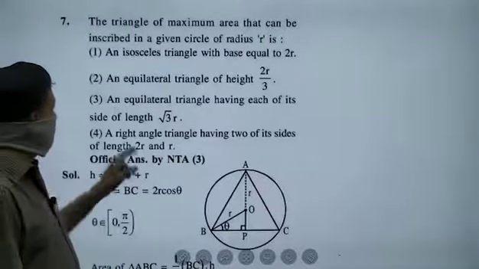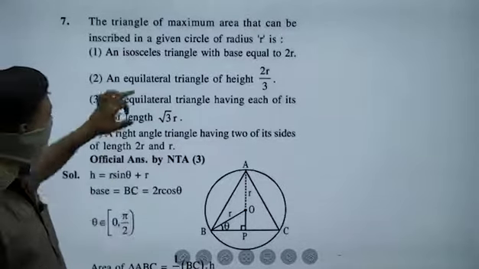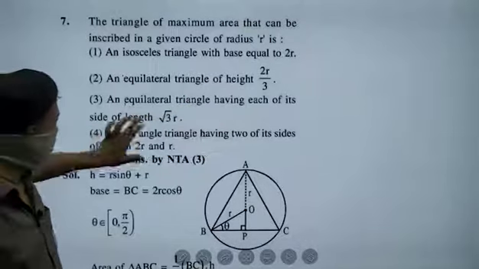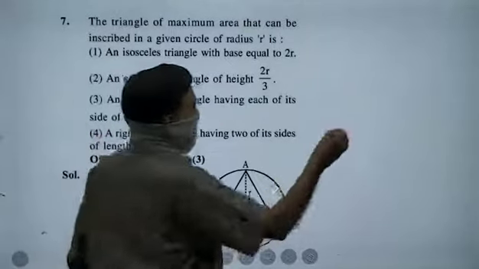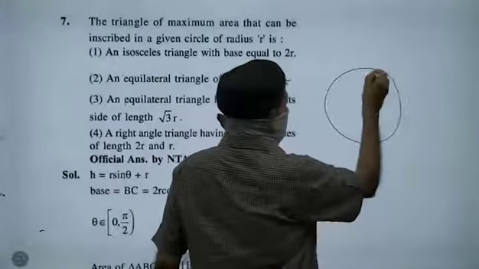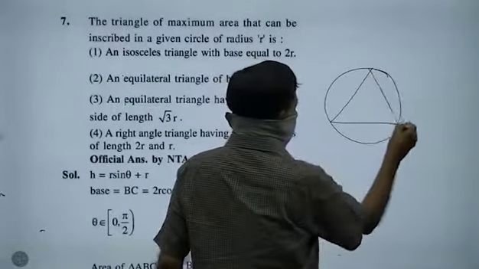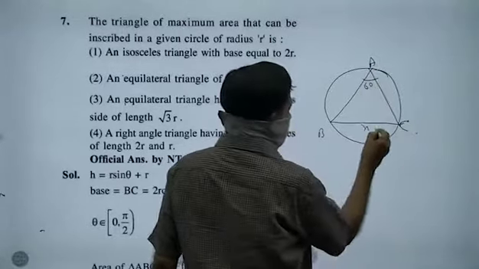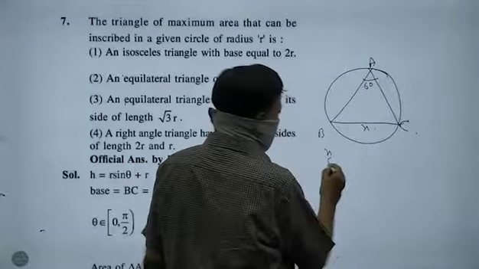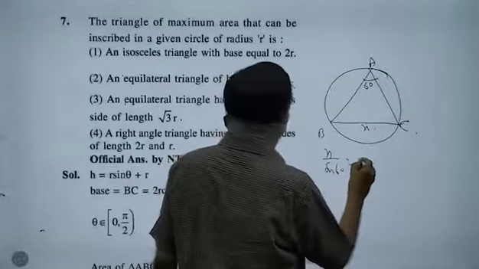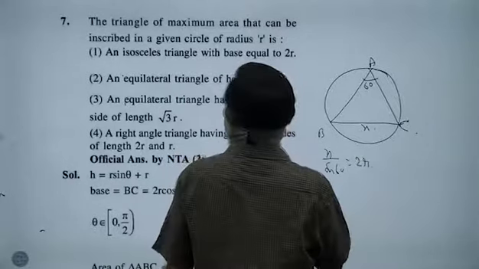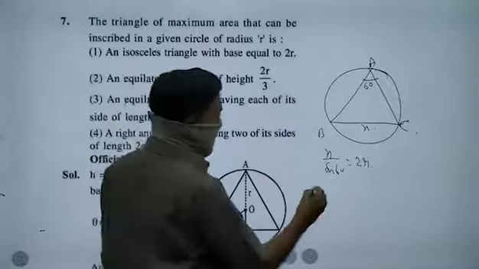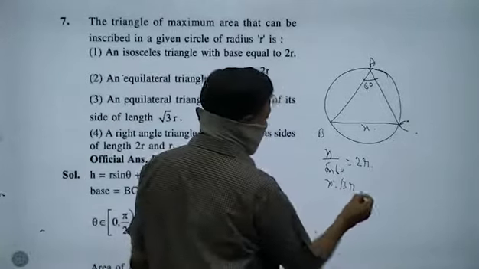So, the triangle is an equilateral triangle. Here there are two options. The areas are what is different. Here the height, here the area, and the side length are given. Then you consider one equilateral triangle like this. ABC is the equilateral triangle. This is 60. Side length is x. x by sin 60 is equal to 2r. Then a by sin A. Therefore, what is the side length for you? Root 3 r.